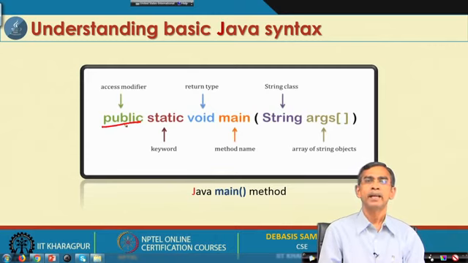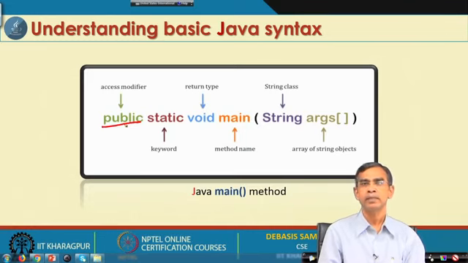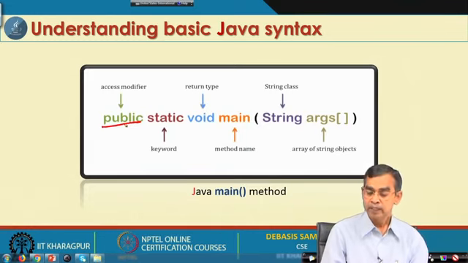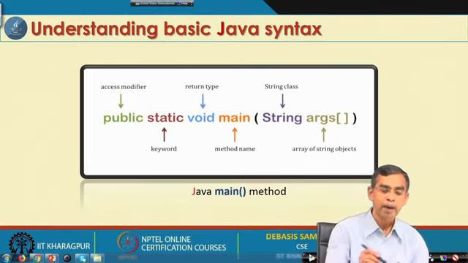In fact, in Java there are three different types of access modifier. One is public, another is private, another is protected. In this case it is public, and it should always be public. If you make it private or some other type, then it will create an error, and compilation will not be successful. So, this is the access specifier, and it should always be public.